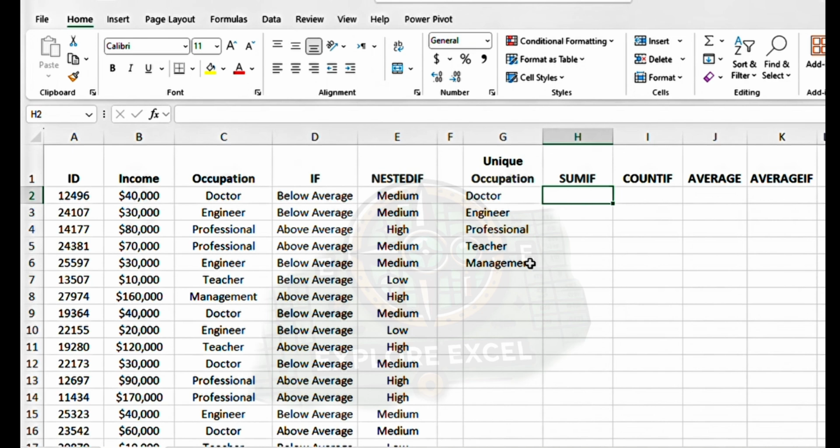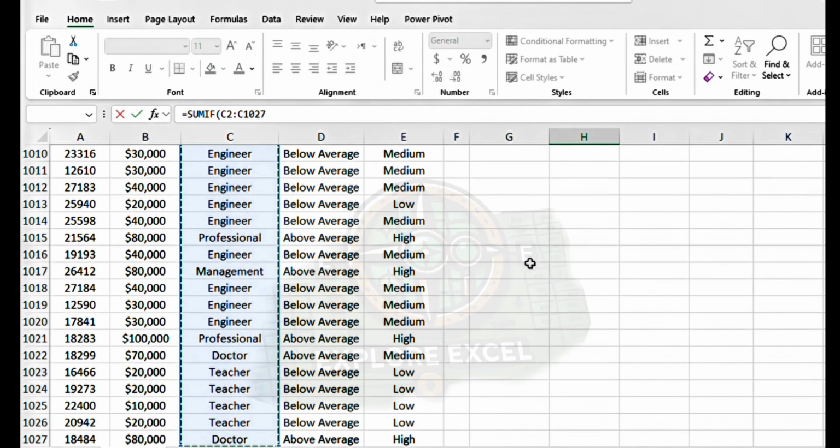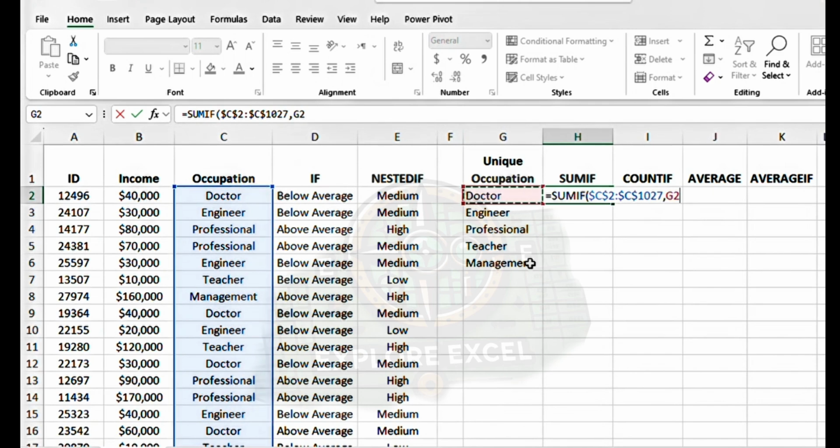Now, let's calculate total incomes for each occupation using SUMIF. In the column next to the unique occupations, write